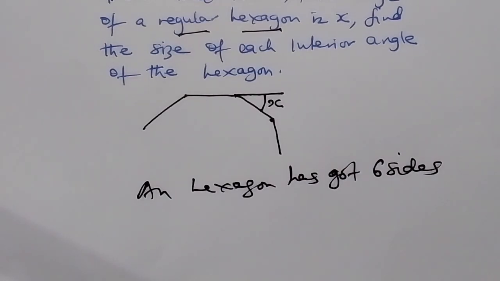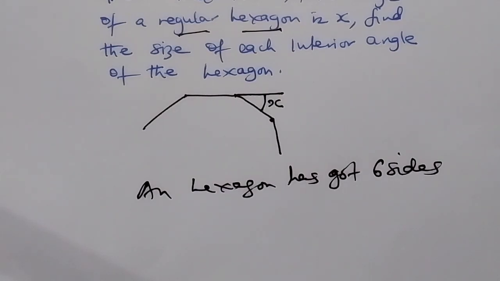So those are the properties of a regular polygon. So from here, given that the exterior angle of a regular hexagon is x, find the size of each interior